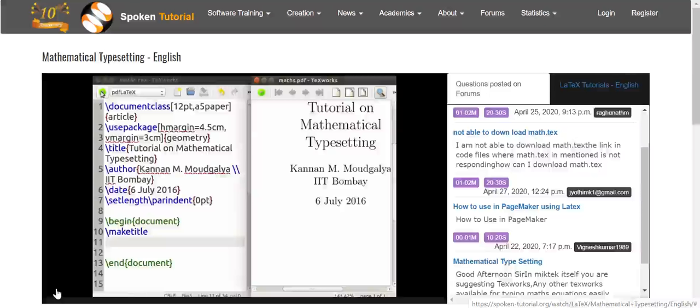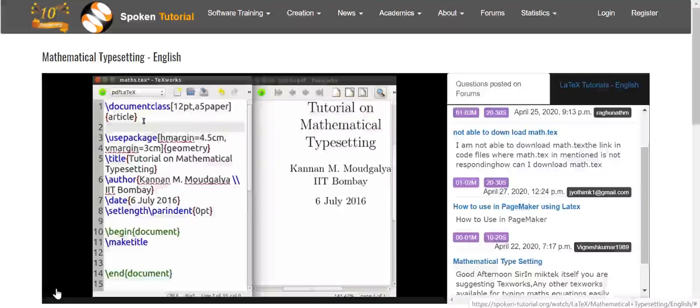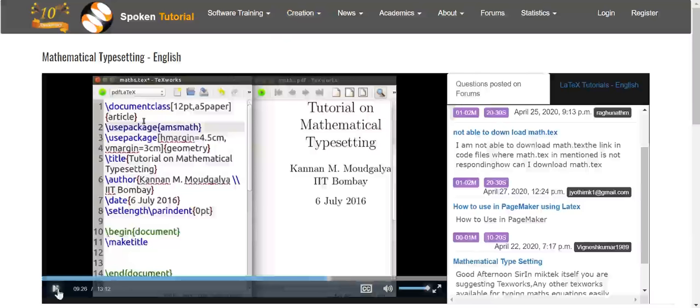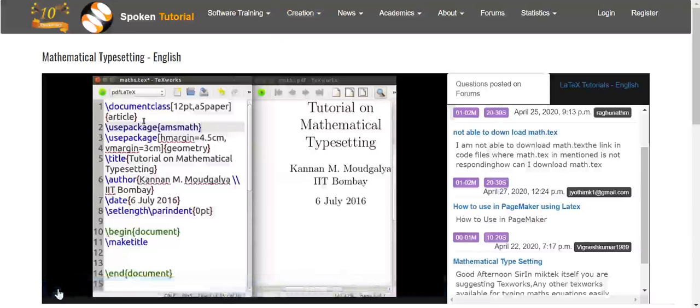Alright, next we will move on to matrices. The package amsmath has some matrix definitions that I like. Let us include it through the usepackage command. The ampersand, that is the AND symbol, is used to separate the columns.